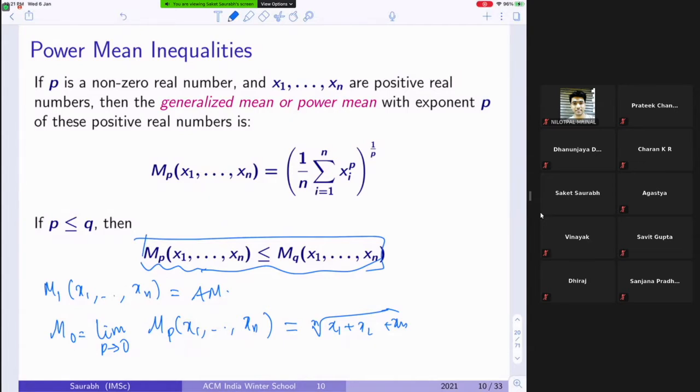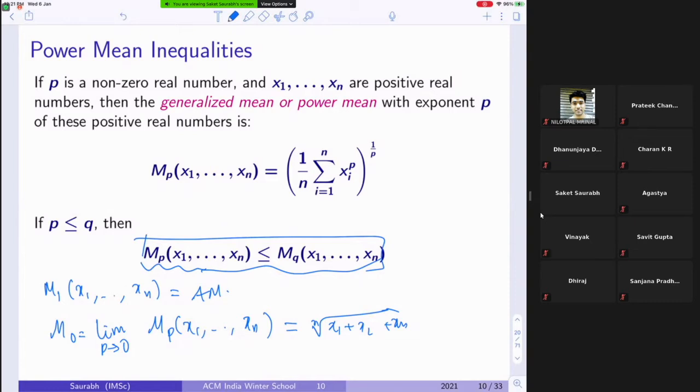You can look at Wikipedia, there's a very nice page. The reason why I told you is because I found this inequality very useful in the kind of things which I do at times, especially in estimates. I thought there are alternate ways of proving our inequality, but I will use the power mean inequality. Somehow I liked its application, and proofs are also not very hard, so you can just check Wikipedia.